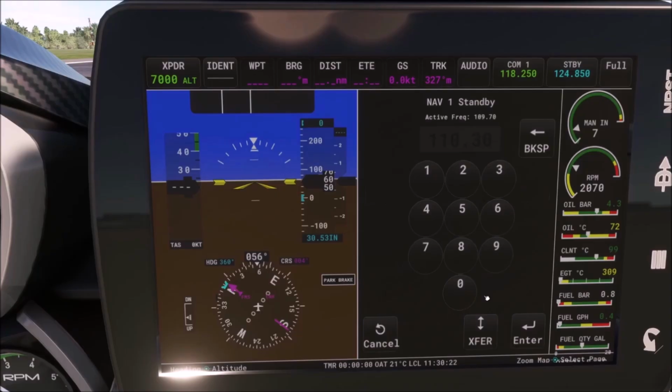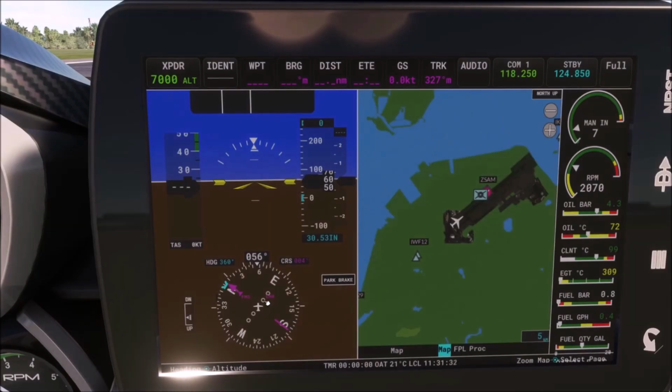Navigation 1. The frequency of runway 5 is 110.30. Transfer. And the frequency of runway 23 is 109.70. So once again, 109.70. Transfer. So we see here active frequency that if I press transfer, we have both our frequencies, 110.30 and